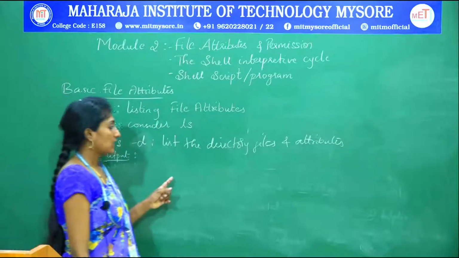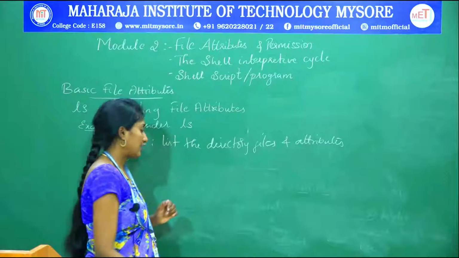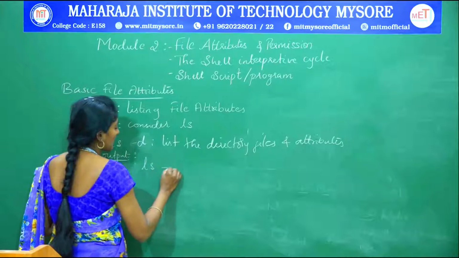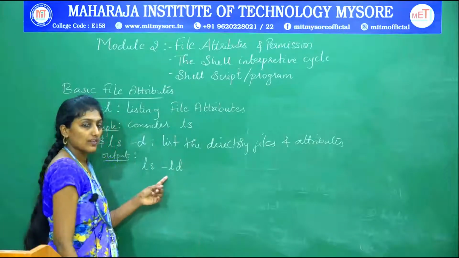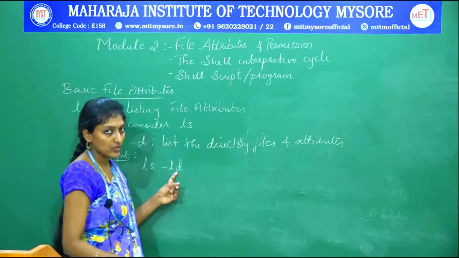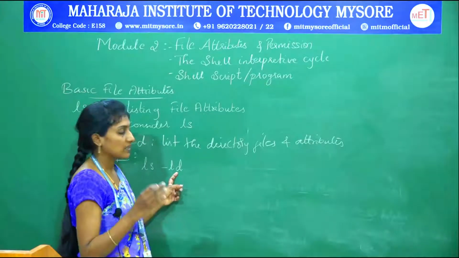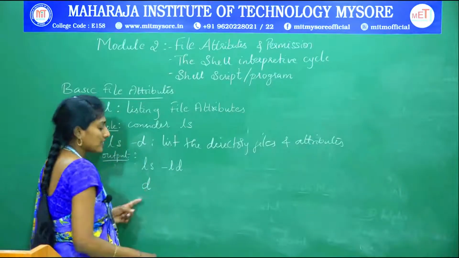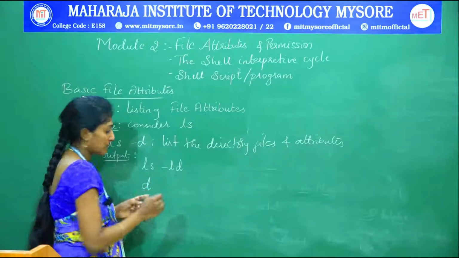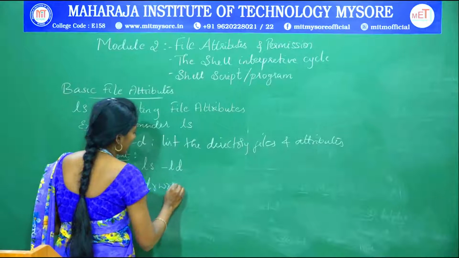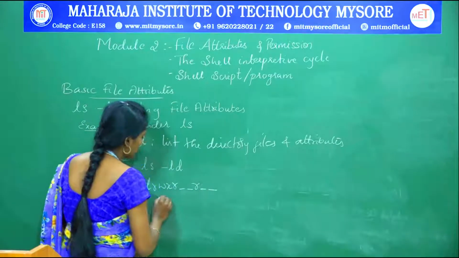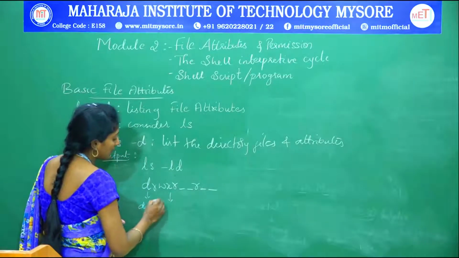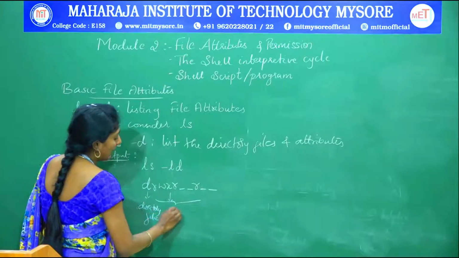If the user wants to list out the directory content and its attributes, he can use this -d option. If I execute ls -l along with d, then within the current directory on which the user is working, if any directory files are there, they will be displayed. Always in the first column of the output is the file type and its permission, and it is displayed like this. This first character represents a directory file, and the rest is the permission.